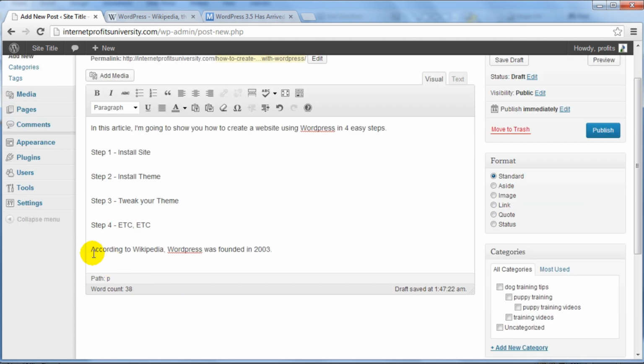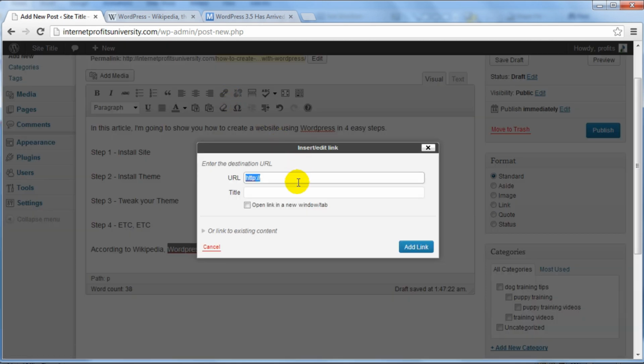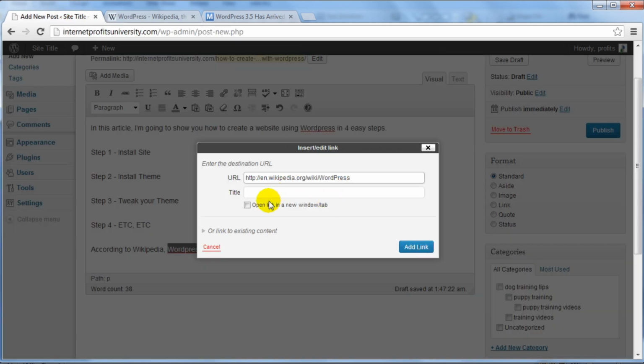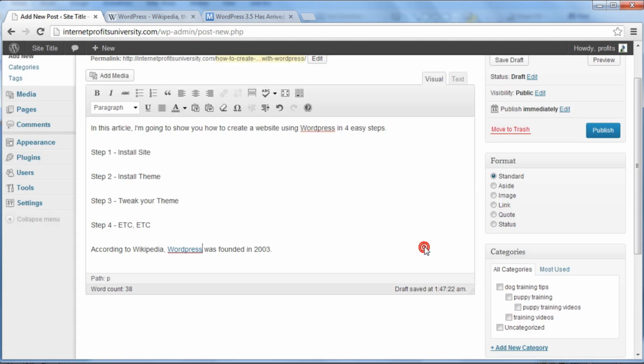Now I'm saying according to Wikipedia, WordPress was founded in blah. And what you can do is highlight the WordPress and link it and put a link to that site, the WordPress site that we just got here, and click on open link in new window. That way, if somebody clicks on it, they will stay on your site. Click on add link,